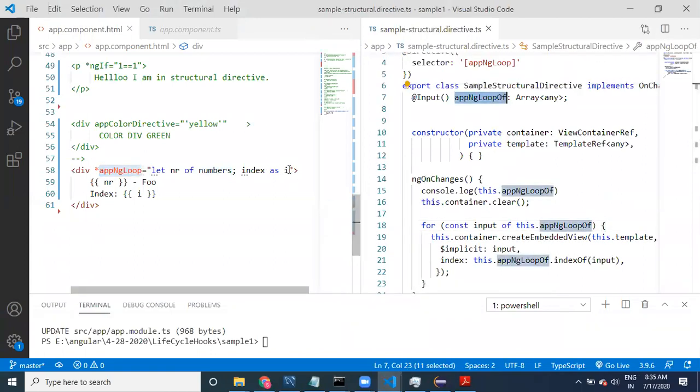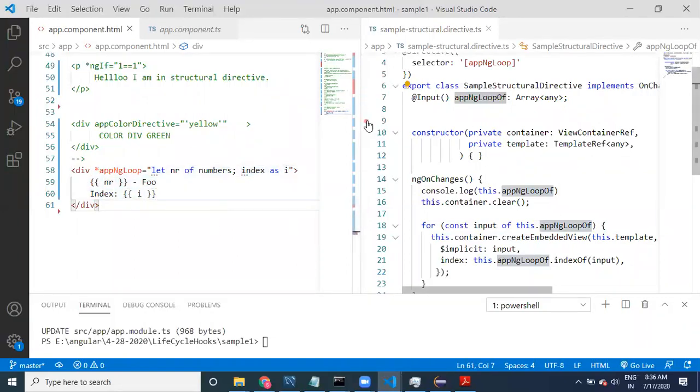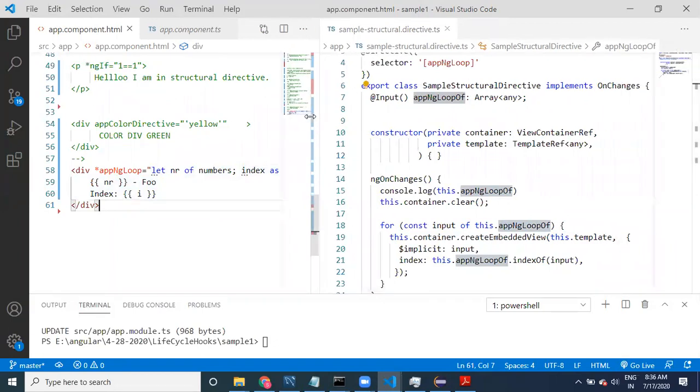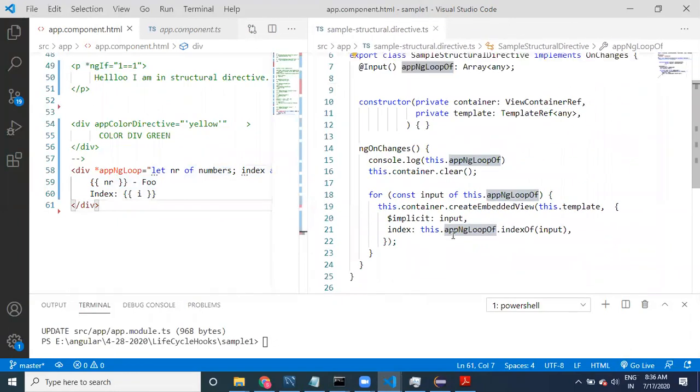And of course, where this information is going to be useful, we'll discuss about it. Angular internally knows that this is a variable, this is a property, and this is an index variable, something like i. I will explain where these things are going to be helpful.